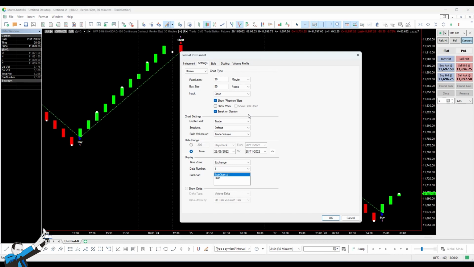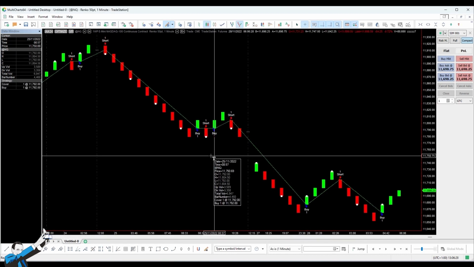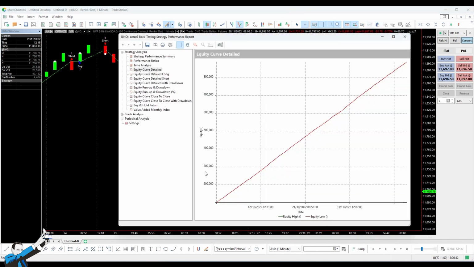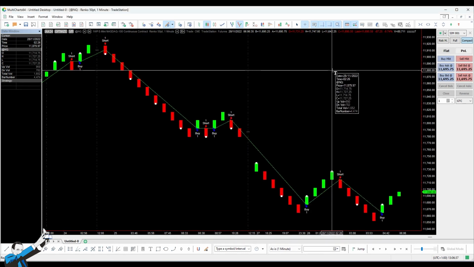Now, you might object to this by saying, well, the resolution's quite low. Why don't we make a 1-minute resolution? And that way, I can check at regular intervals every minute whether or not the brick has been closed and built. Okay, let's have a look at that. At 1 minute, again based on 50 points, and again, we'll get a straight equity curve. But something's missing in the information.